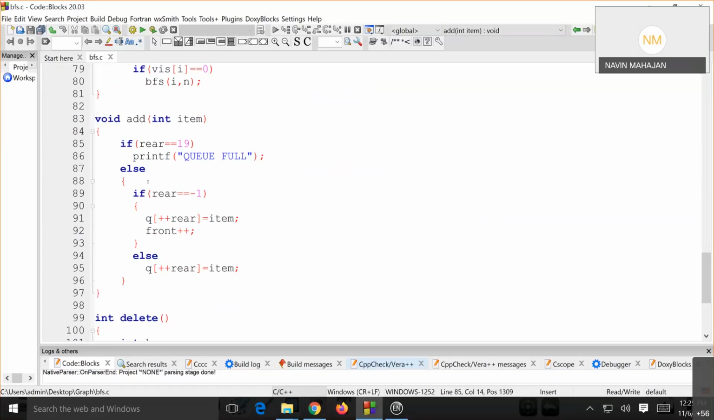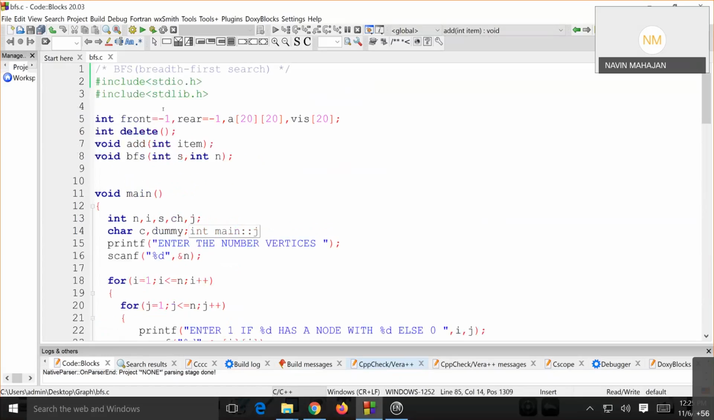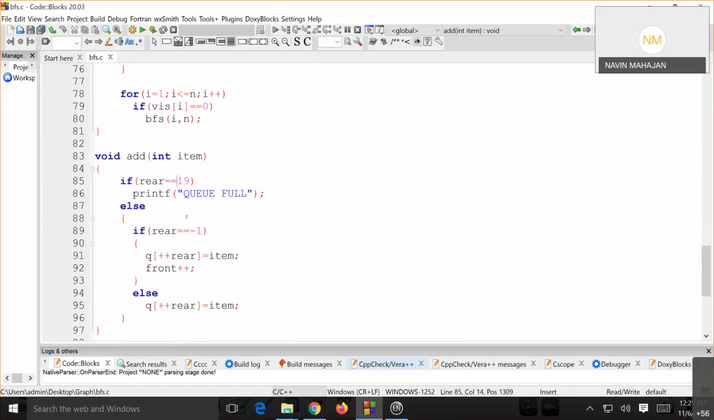If Q is full, else what? If rear equal to -1, I am adding it. Initially rear equal to -1 up there. They are global variables. You can see this, front and rear both are -1. So if rear is -1, initially for the first item I will increment rear, make it Q of 0, insert the item, and I'll increment front plus plus also. So both front and rear are now